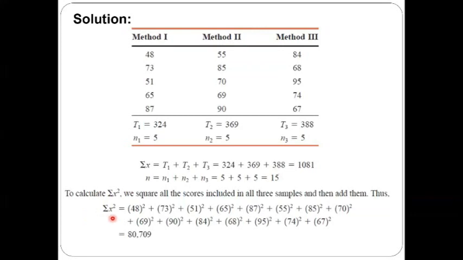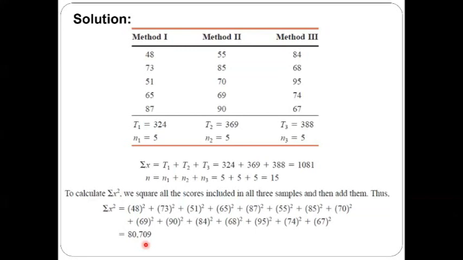Here, we need to go through each value one by one. For method 1, we square 48, plus the square of 73, plus the square of 51, plus the square of 65, 87, until we reach the last value, 67. We square every value individually. Once we have them, the total value for the summation of X squared is